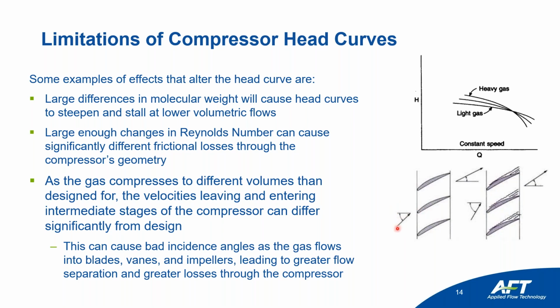That's going to affect the vector addition of figuring out the velocity of your gas relative to your rotor blade. And the rotational speed, given you keep that the same, is going to stay the same, and the velocity will change. Well, that's going to give you a different angle of your relative vector,